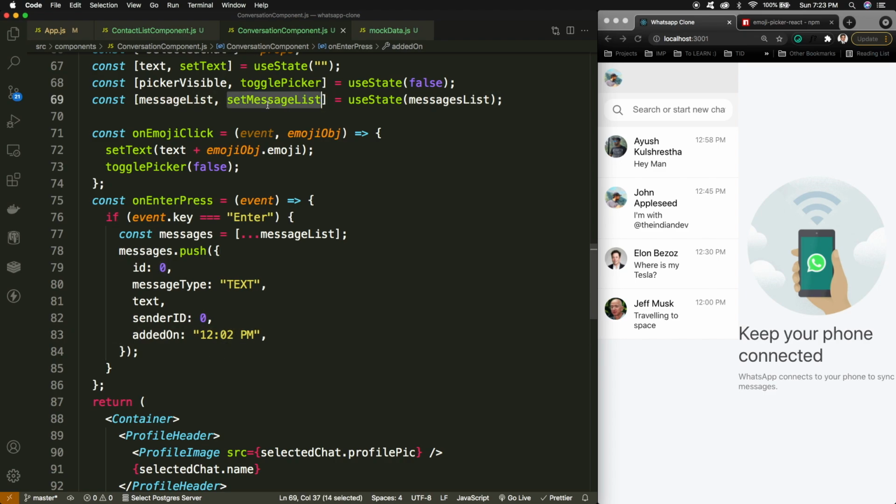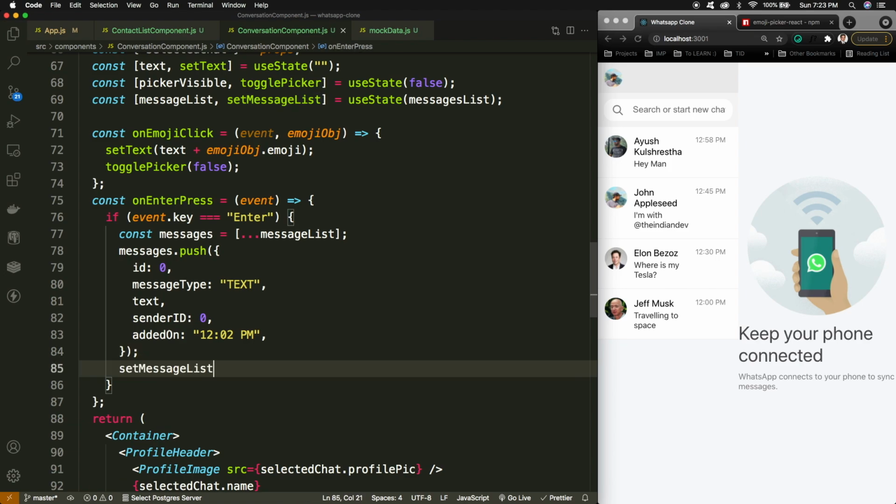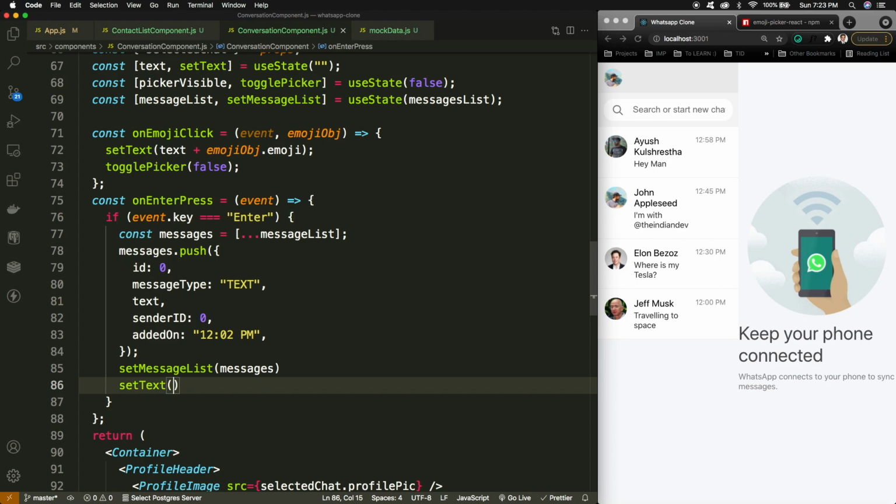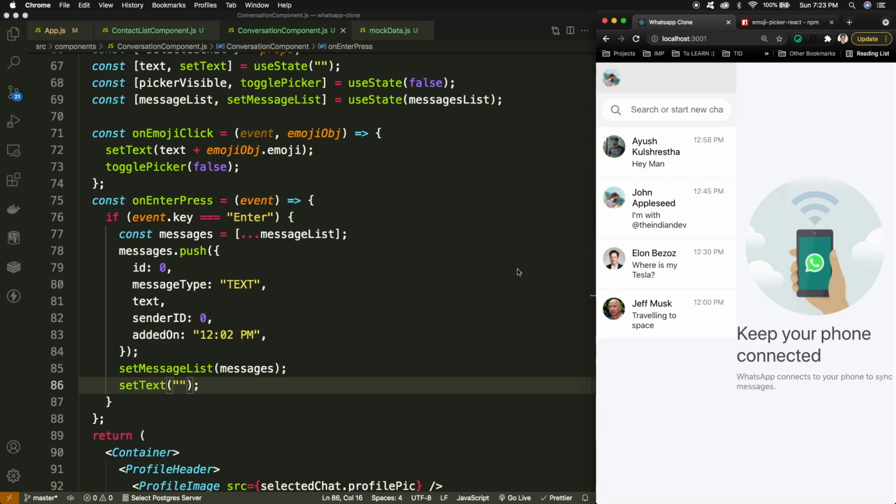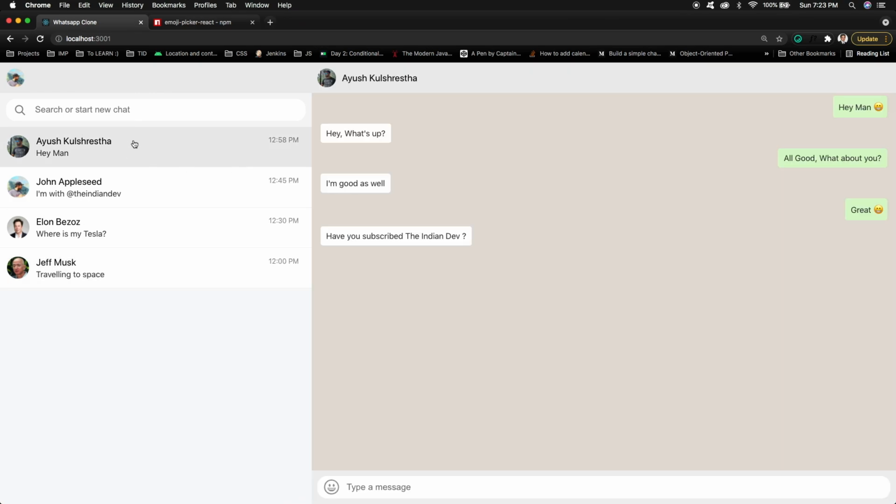If that is available here, I can update the message list with the new messages. And the next thing I can do is set the message text to the default value. Now let's see if that's working or not. So yes, I have selected one of the users.